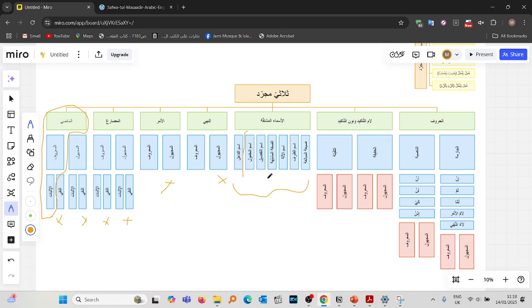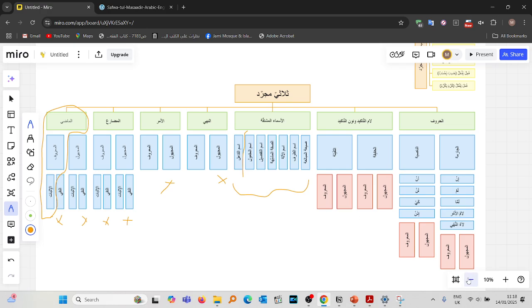They were specifically for the Thulathi Mujarrad. Nonetheless, the majority of these discussions are copied into those categories also. So this is a progress sheet that you can keep for yourself and see where you are, how much you've done, and how much you've got left when it comes to this second aspect of Sarf,